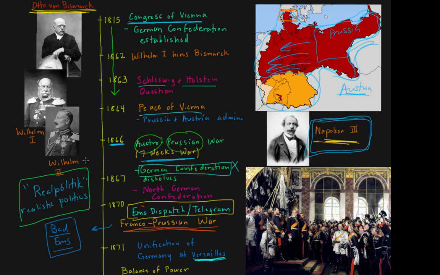And finally, after nearly a decade of playing realpolitik, Otto von Bismarck has finally unified Germany and kept Prussia on top of it all. And Bismarck would keep the peace in Central Europe after the Franco-Prussian War for the next 20 years through playing realpolitik. And that would go on until the death of Wilhelm I and the arrival of Wilhelm II, who would really change courses and later start World War I.